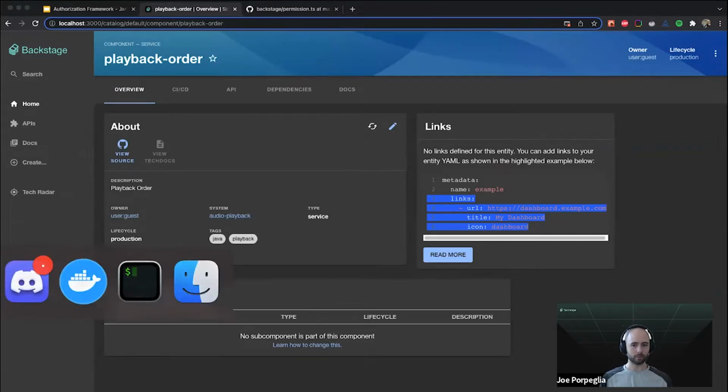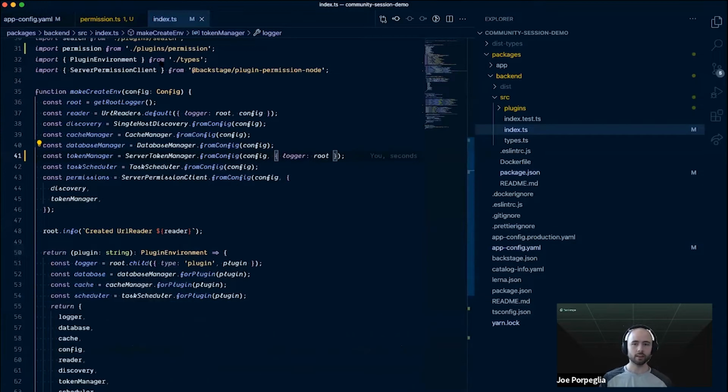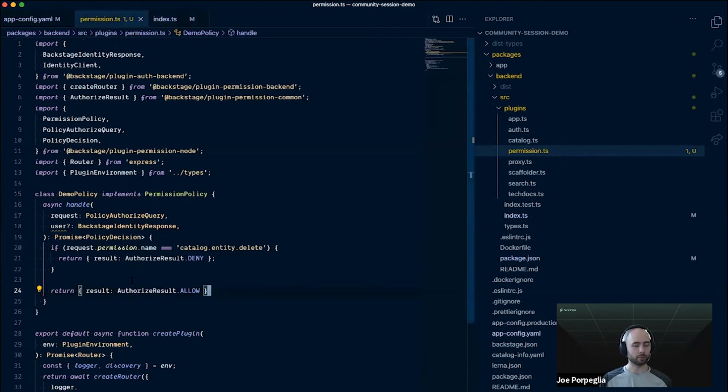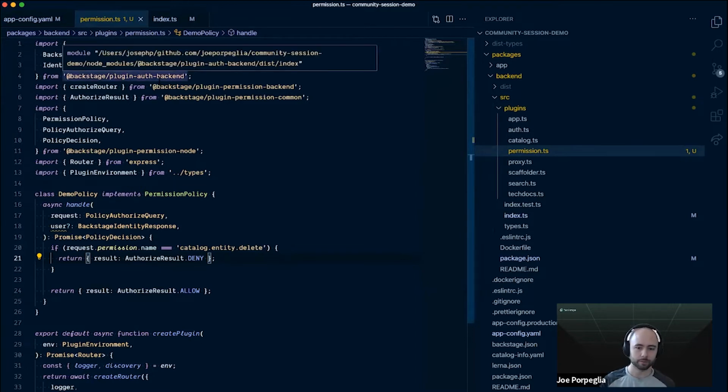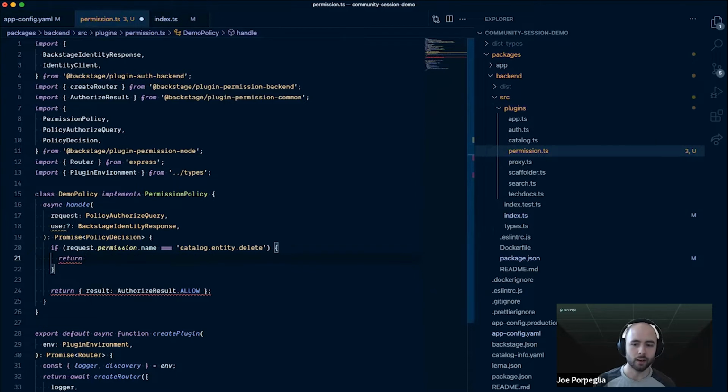So that's great. We've blocked that action, but that wasn't exactly what we were trying to do, because now no user can unregister a component. What we wanted to do was actually disable this capability unless you're the owner of the component. So let's go back into the policy and show how to do that. You've seen the allow result and the deny result, and we have one more type, which is called